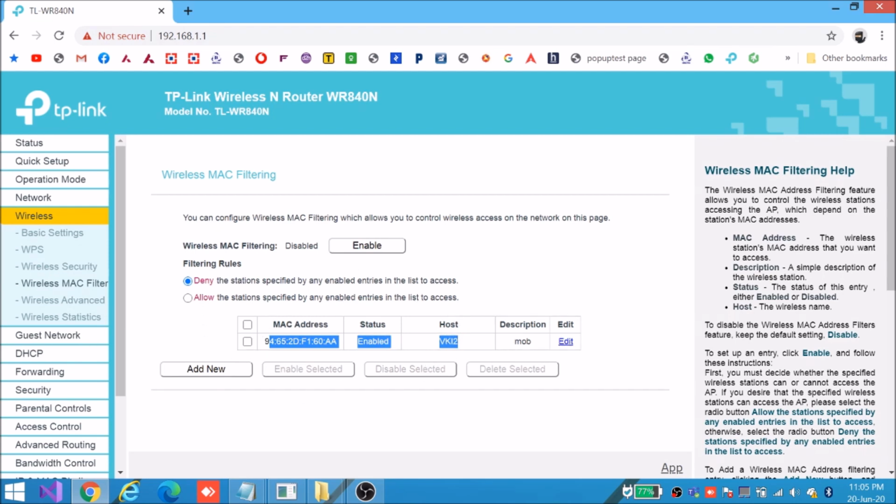And for reverting the changes, the only option you will have is to reset your router and connect the router using the data cable to your PC or laptop, and then again perform all the setups. So just make sure your own system MAC address is present here.